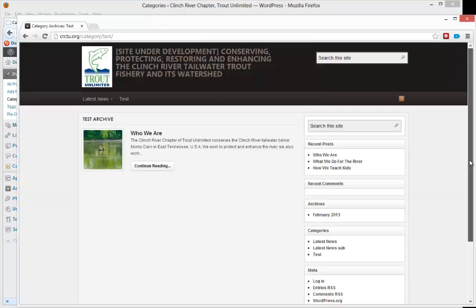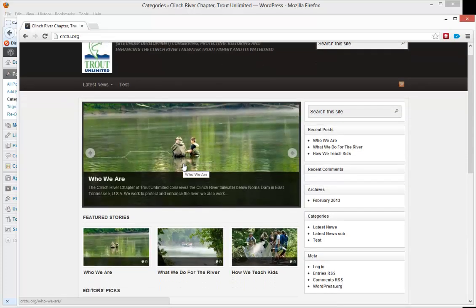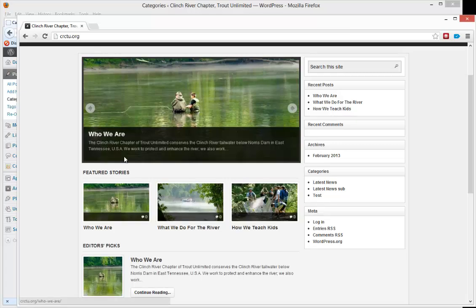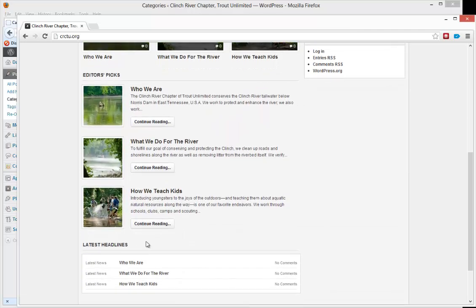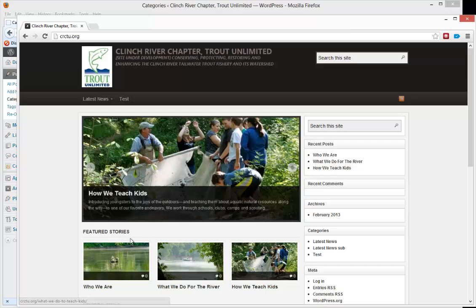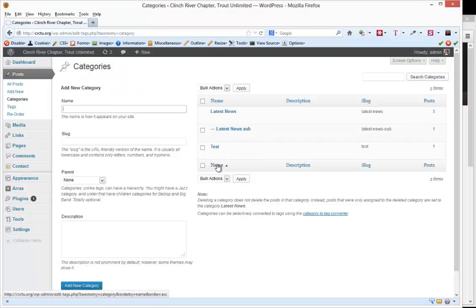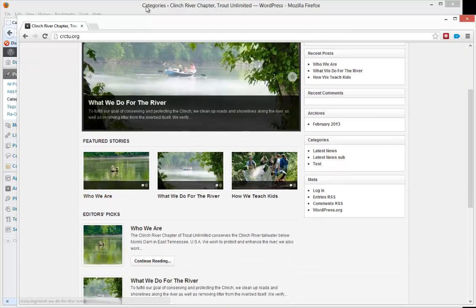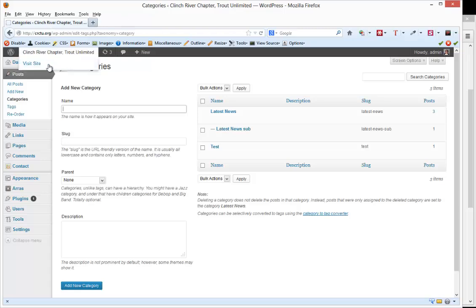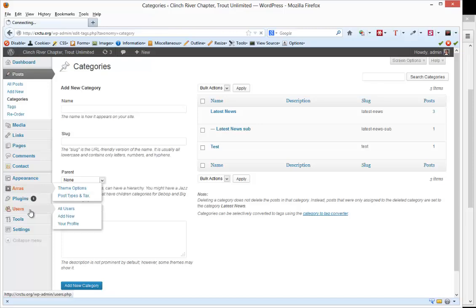Now as we look at the front page though, we'll go back to the home page. And we have the posts that appear in the slideshow, in the featured stories, in the editor's picks, and of course the latest headline news. So there's a way we can manage that as well, and it's based off of the categories that we set up. So as you set up categories, what you'll want to do is keep in mind which categories these particular areas will be. So if we go to the back end of the site, and then we go down to this theme option, we click that,